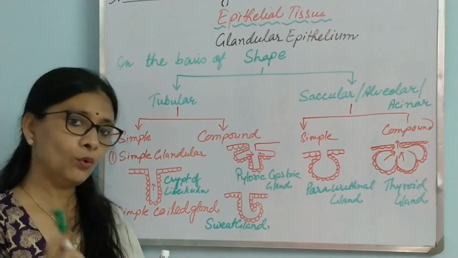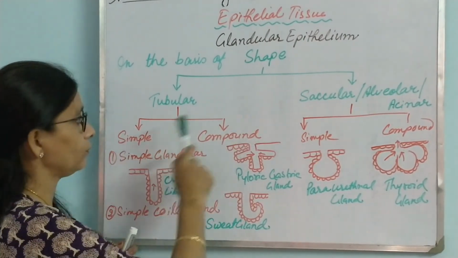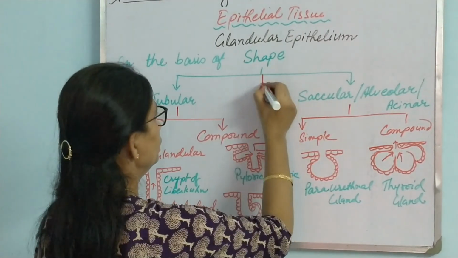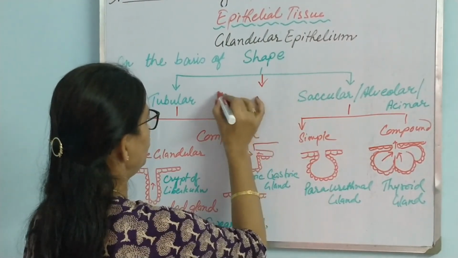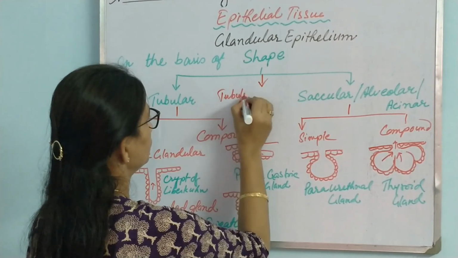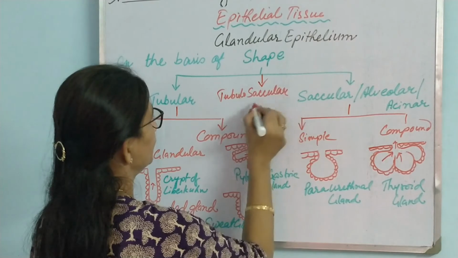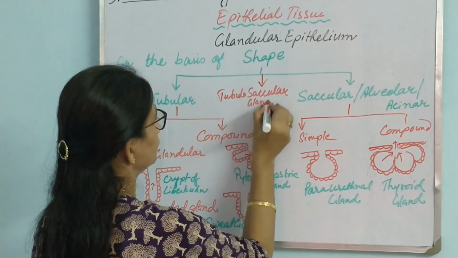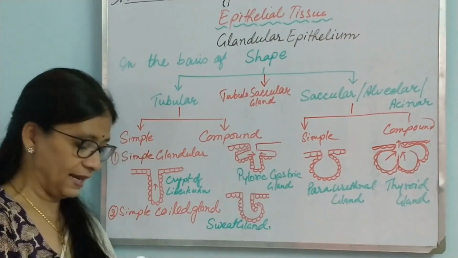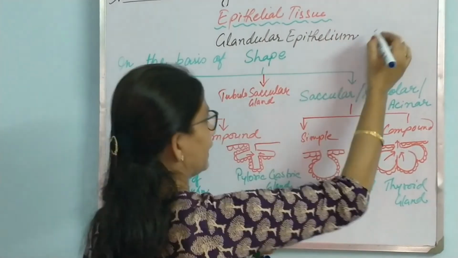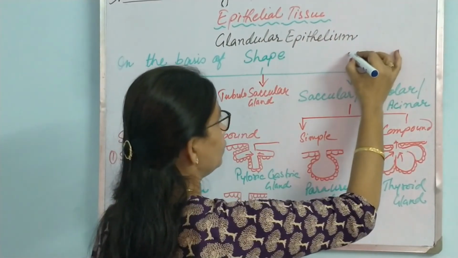Now there is one more type which is a combination of tubular plus saccular. How is it? Let us see that also. So this is known as tubulo-saccular gland. Now how is it? Let us see. Tubulo-saccular gland, I will just draw here. So like